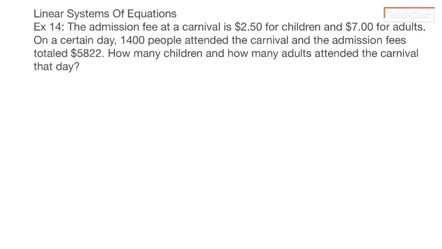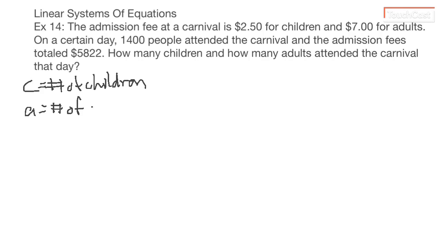So I'm going to start this by saying that C can represent the number of children, and A the number of adults. If I do that, then I know if I take C and I add A to it, that should equal the total number of attendees. And we had 1,400 people in attendance. So C plus A equals